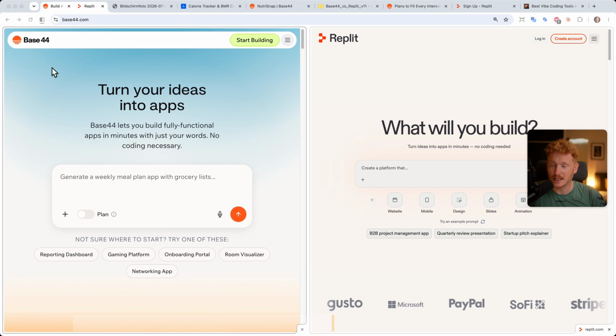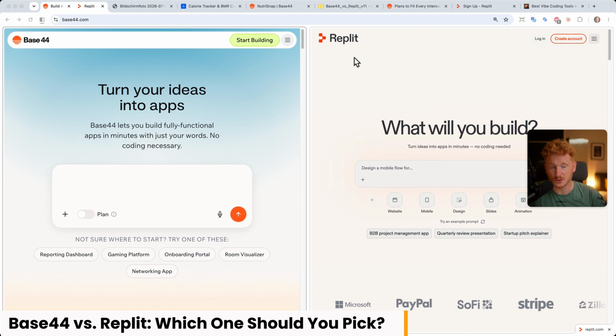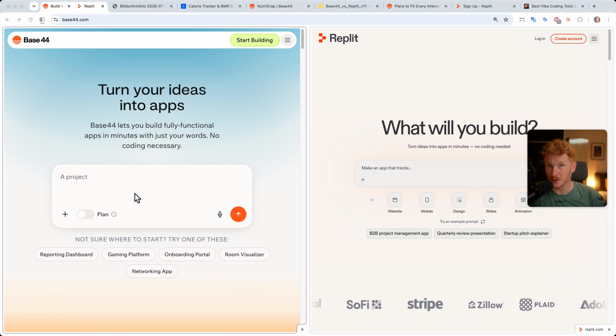Hey there, this is Julian, and today we want to compare Base44 to Replit. We are going to do this side by side, so I will give the same prompt to both AI app